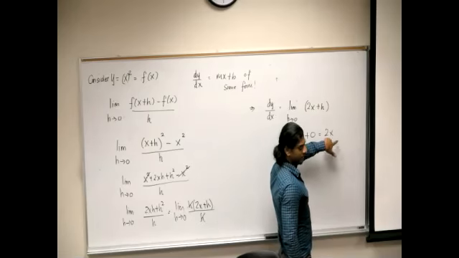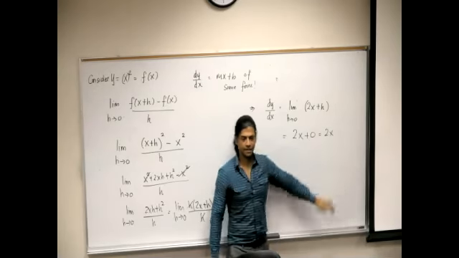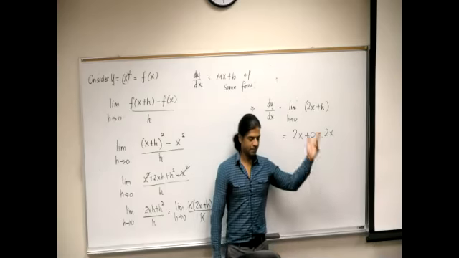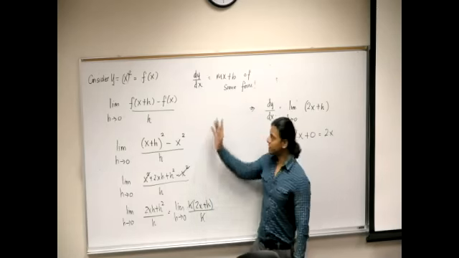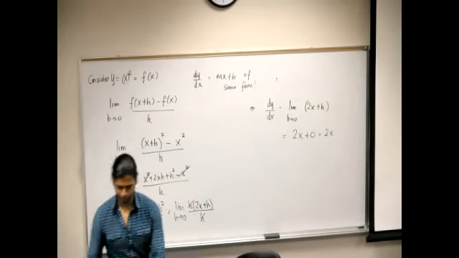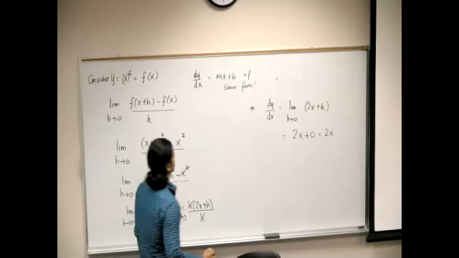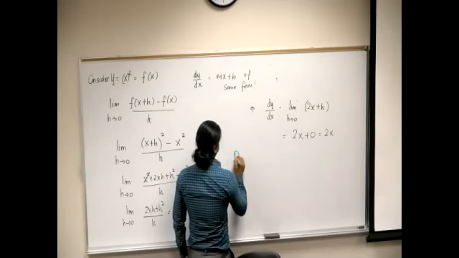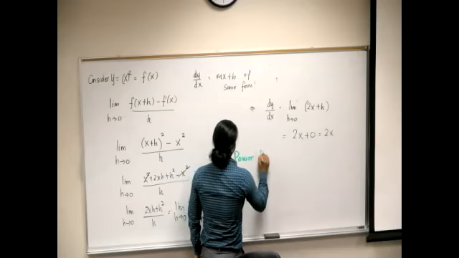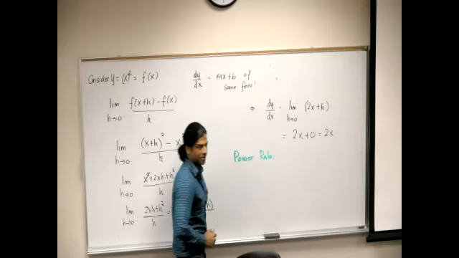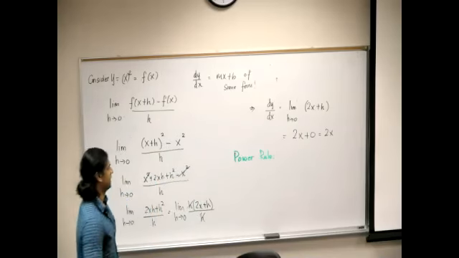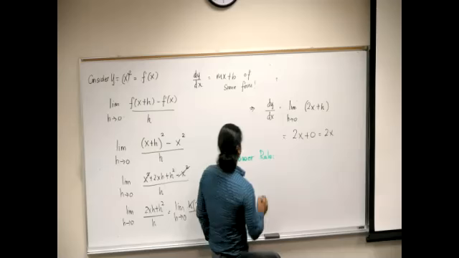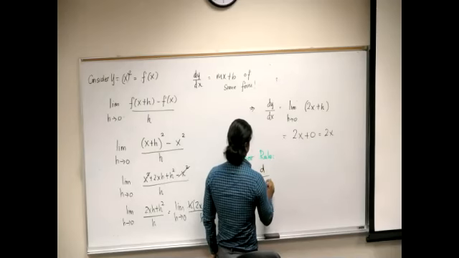So 2x, do we agree that that is a line of the form mx plus b? What is m? 2. What is b? 0, just like we expected. Now comes the best part. I made a case that this works. In general,